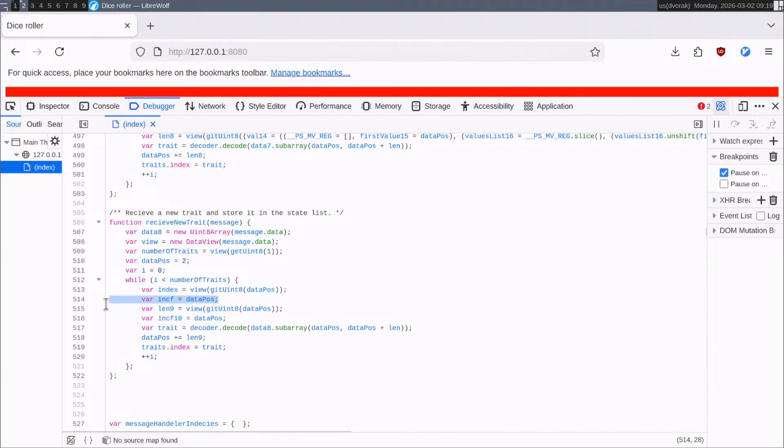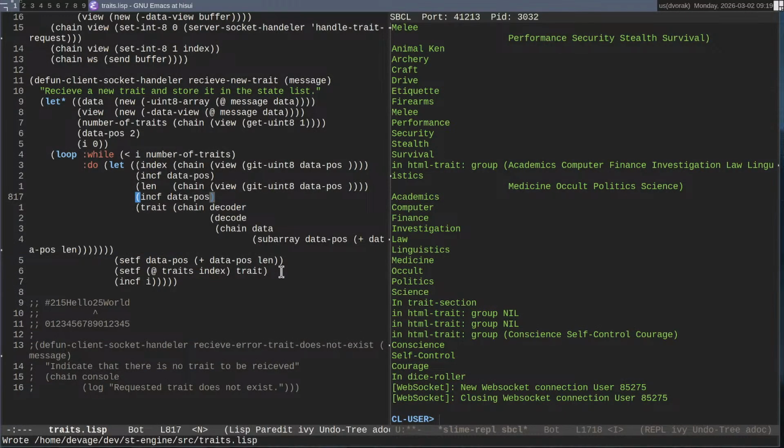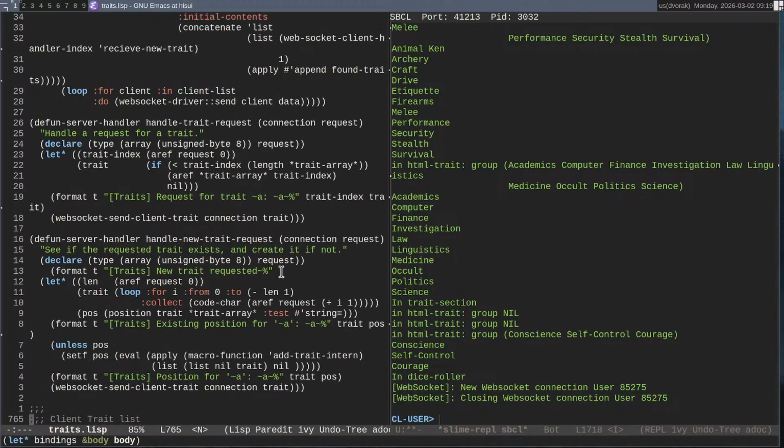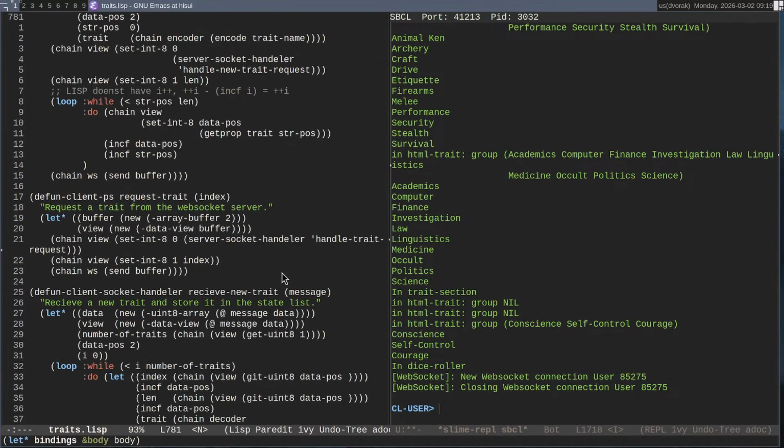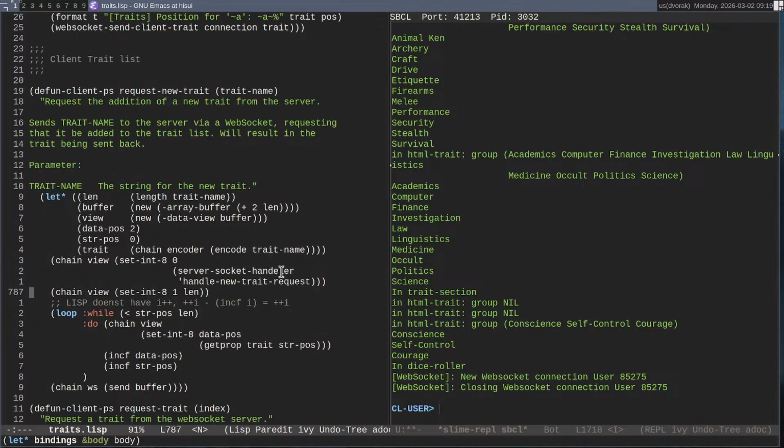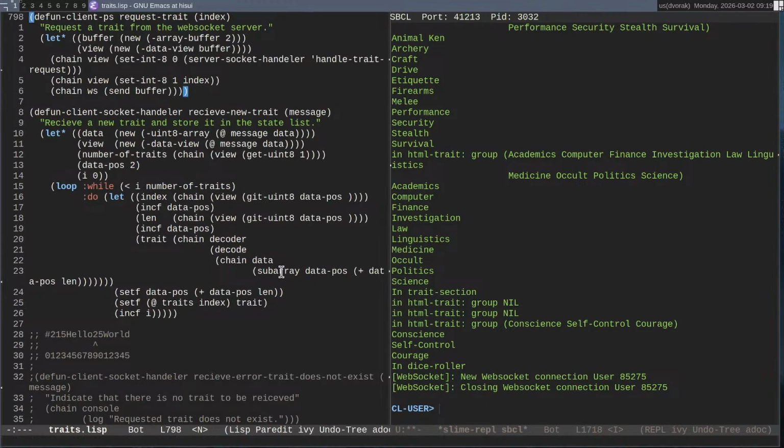That doesn't work. What's going... What? incf. Here. This did it. This worked. What have I done? This should be incrementing data pos.